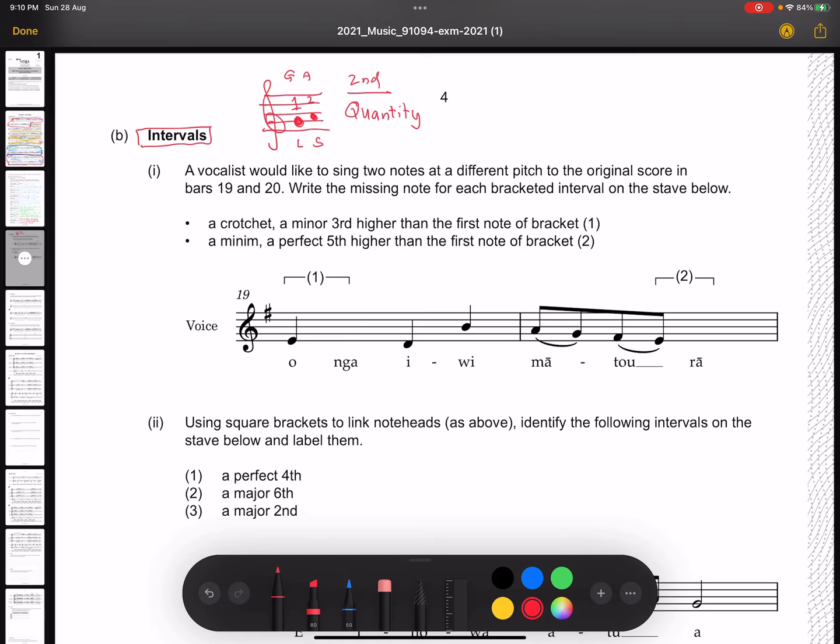Okay, so to get an achieved, all you need to do is get the quantity right. Merit and excellence, you need to get what we call quality. There are 3 types, maybe 4. We've got major, minor, and perfect